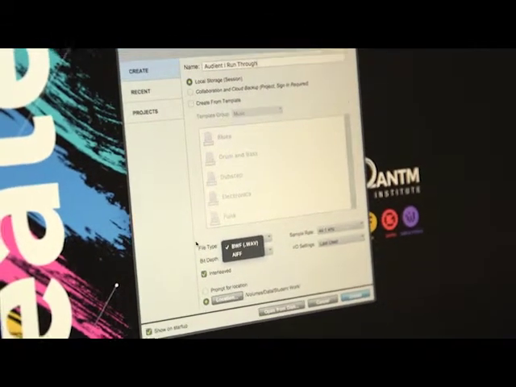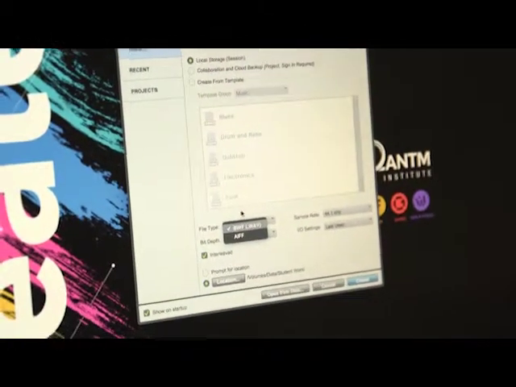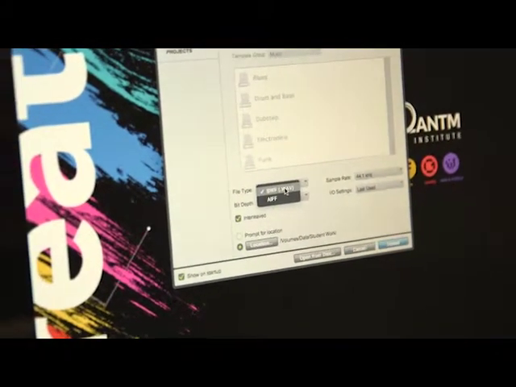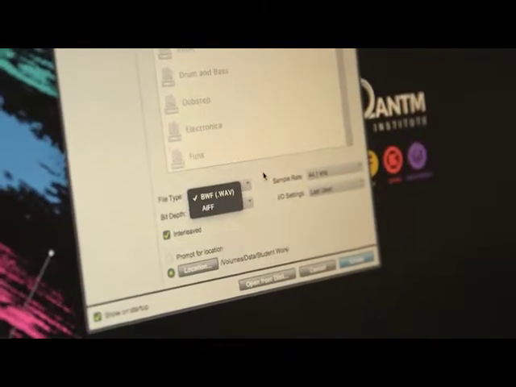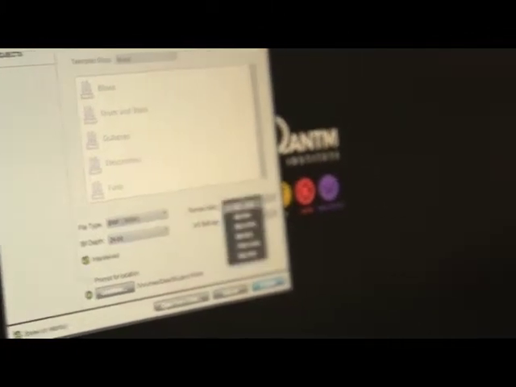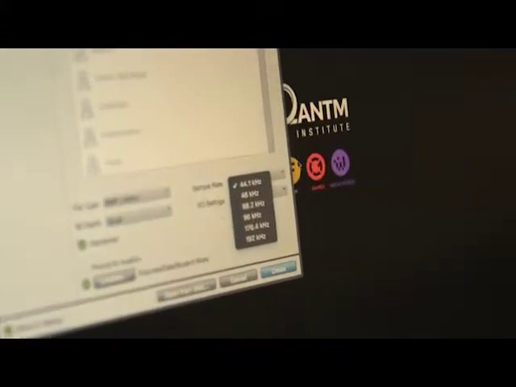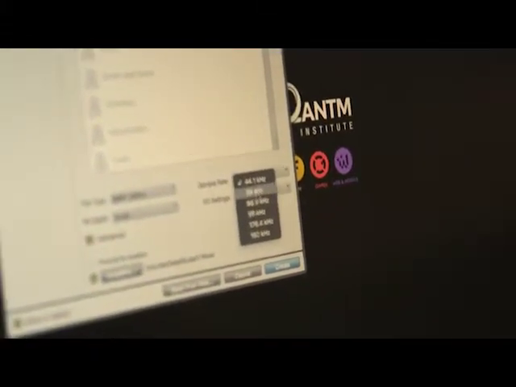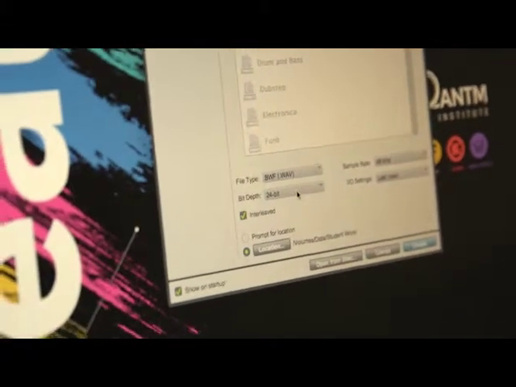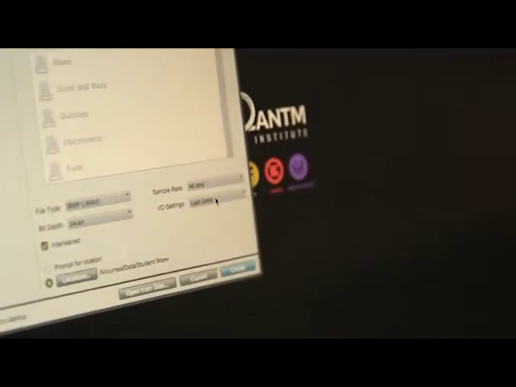We've got some audio file types down here. Most of the time you're going to be wanting to run in broadcast wave, which is a WAV file. AIFF is the thing that Apple came up with that no one actually cares about. 44.1, 48, 82, yeah, all the things. I'm just going to run it in 48, 24 today, but the most important thing I want everyone to focus on